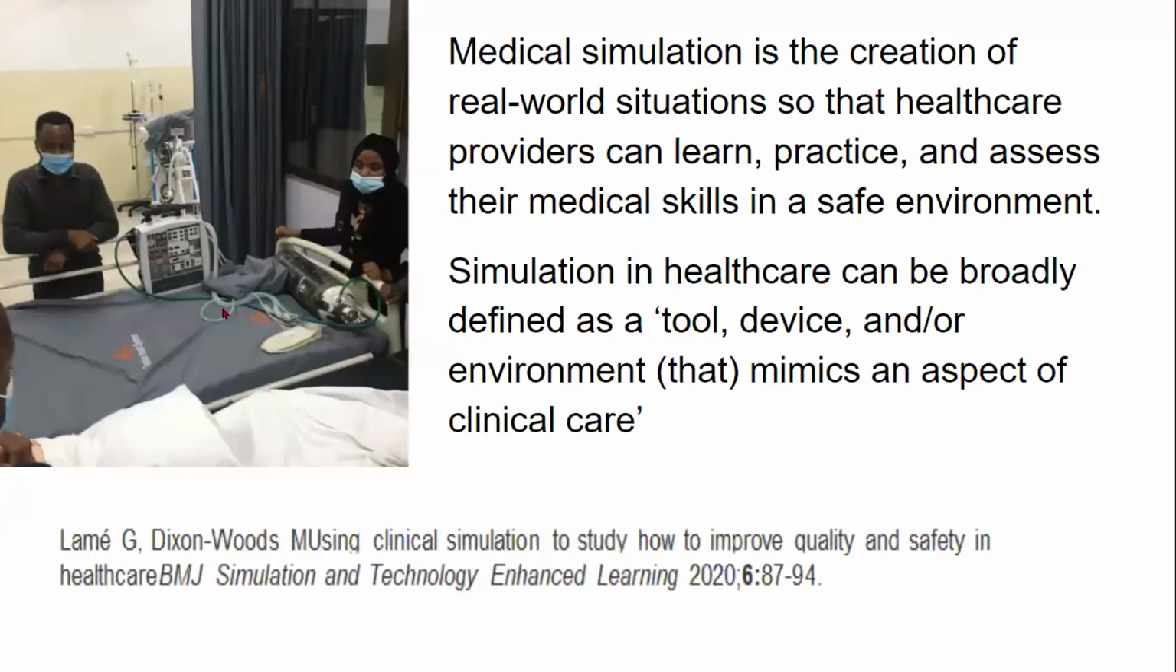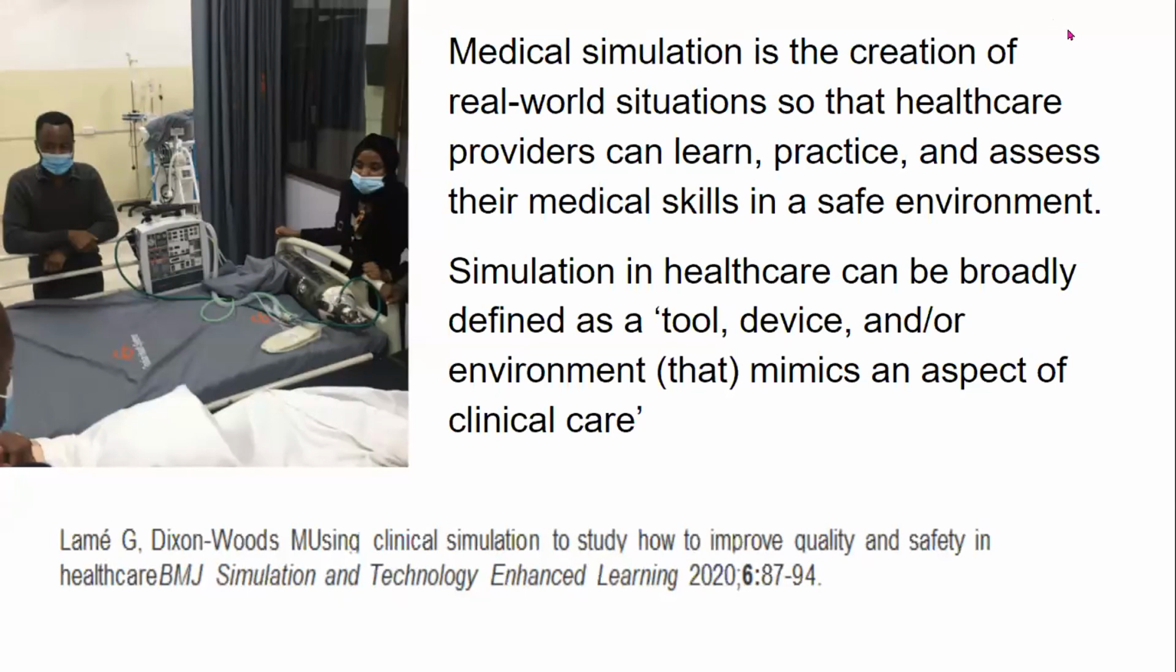The picture that you can see here is our simulation lab. It has two sides to it. On the back there is the critical care area, and this side over here is the operating theater area. I'll show you other slides so you can see how it looks, and maybe some of the equipment that we have. But if we were to talk about what simulation is,